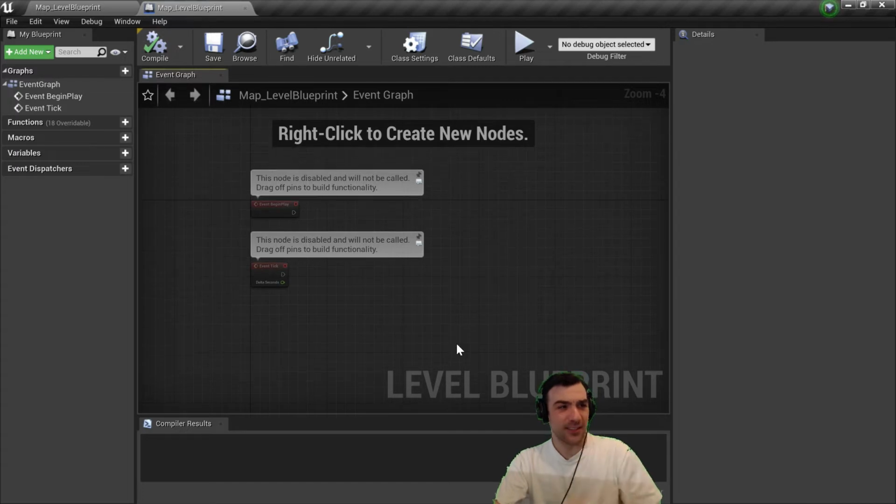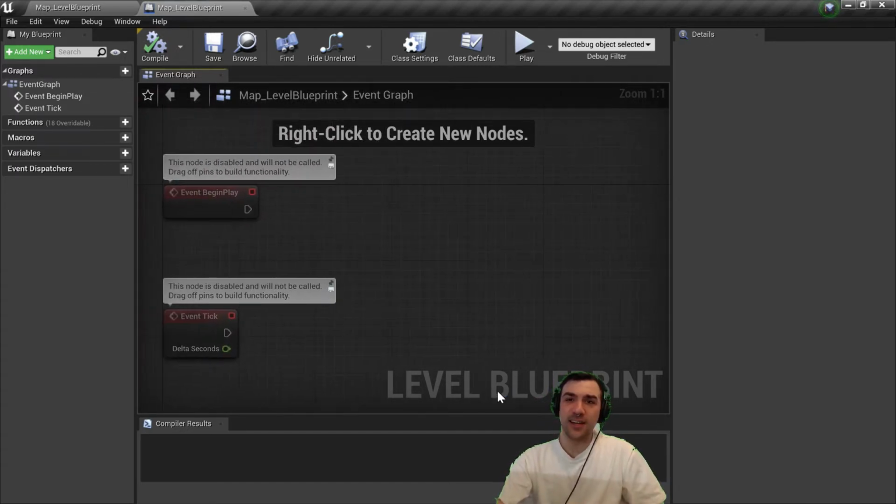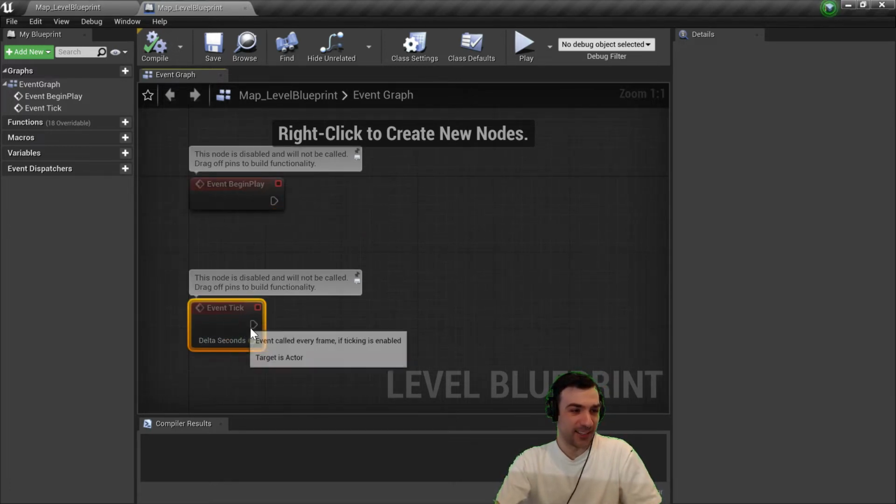So let's deconstruct this a little bit. This is called the event graph. And events are basically Unreal Engine's way of saying, go do something, like trigger something happening. And events are always red. You can see there's event begin play and event tick, and there's a white arrow called exec,